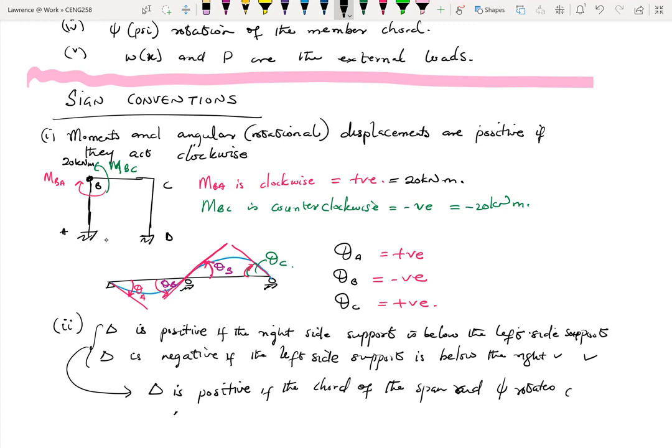So let's say rotates clockwise. So it's either this or that. So individually,